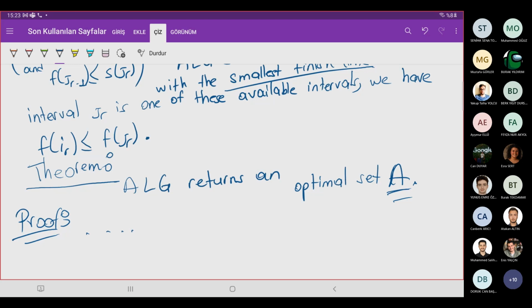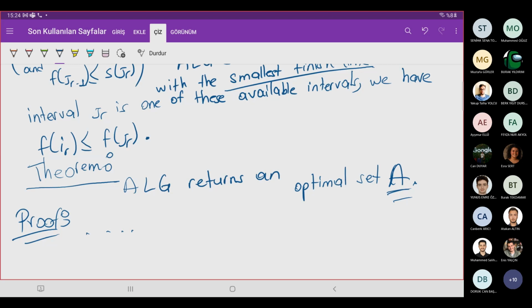Before ending the lesson, I want to ask you, is everything clear with the proof of the previous lemma that for all indices r less than or equal to k, we have fir is less than or equal to fjr? Is this proof clear? If not, then I can go over it. Okay. If it's clear, then tomorrow we will continue with the proof of this theorem.